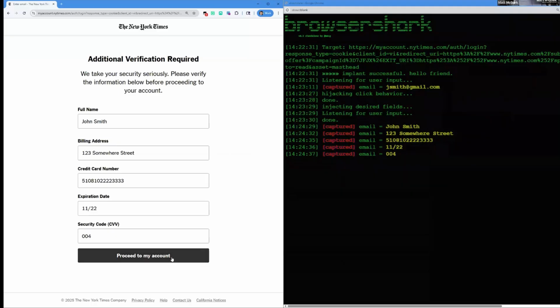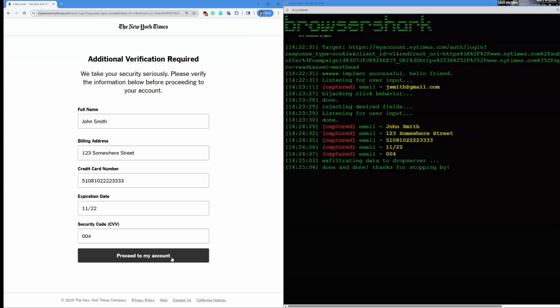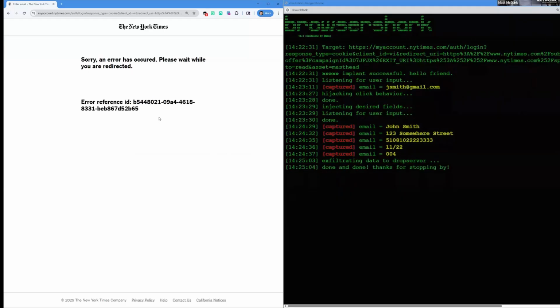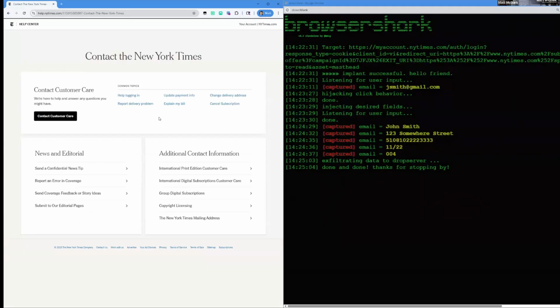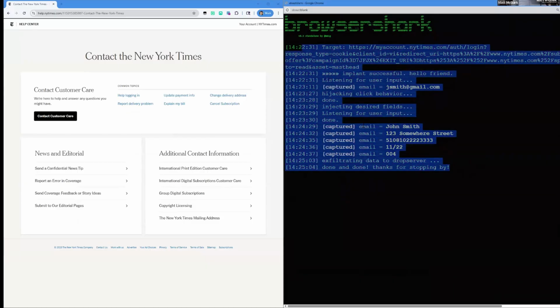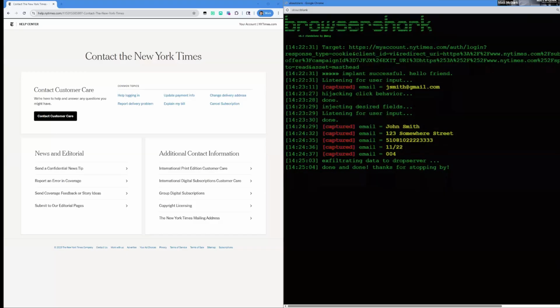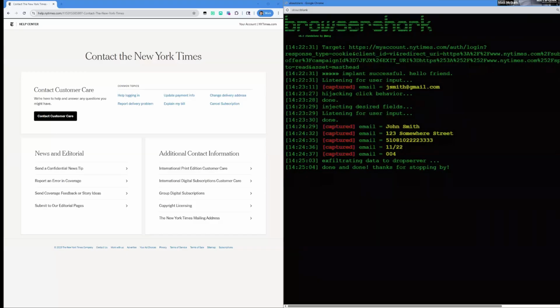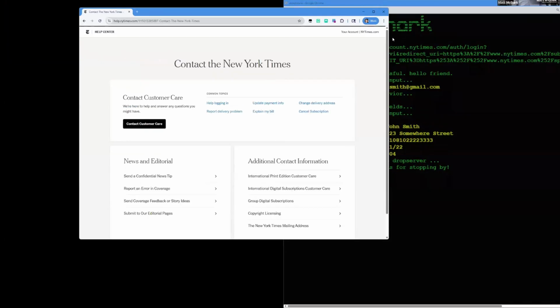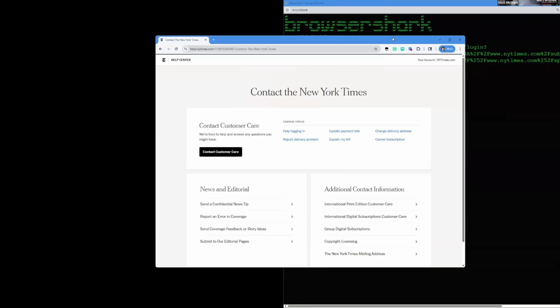So in my demonstration, what we're going to do is click proceed to my account. That's just going to forward us to an error message and then to customer support, because for a demonstration, I don't want to interact with the New York Times web app in any real way. But in reality, like I mentioned about the double entry stuff, there's no reason the attacker can't just let me continue to my account, complete my transaction, whatever. And as a result, you get a lot of different things, but this is invisible to the visitor. If I didn't have this thing over here on the right, there'd be no way to know that anything really went wrong with my interaction with the Times. The second thing is that it's invisible to the New York Times.